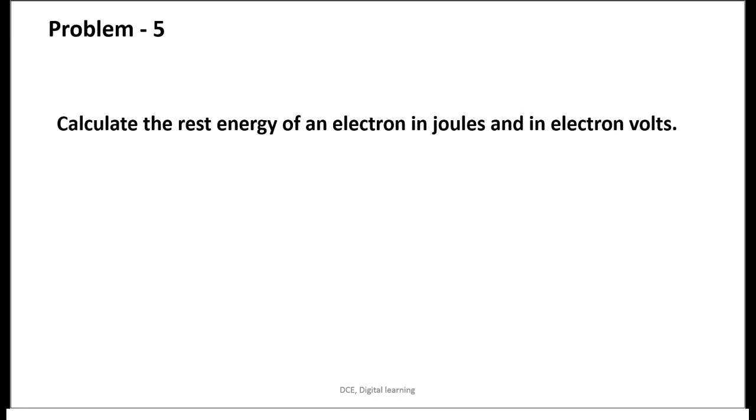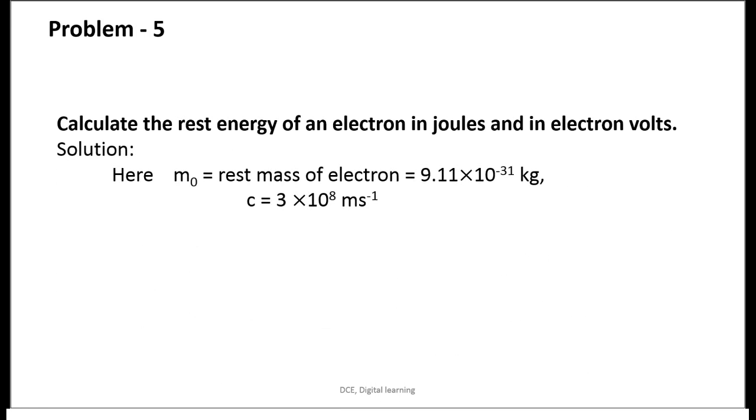Problem 5, calculate the rest energy, that means rest mass energy, of an electron in joules and in electron volt. As we know, m naught is the rest mass of the electron. Its constant is